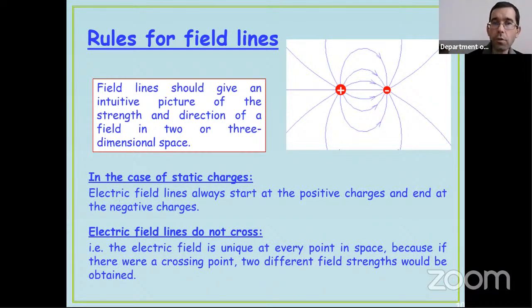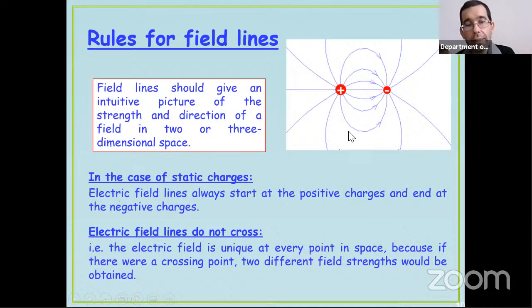In the following, we are going to use this electric field line concept for describing the electrostatic field acting around point charges, around like and unlike point charges. Here, first of all, we are going to talk about static charges, so they are at rest. And if we map the electrostatic force around the charges, both the direction and the magnitude of the force are important, then we can determine these types of field lines.